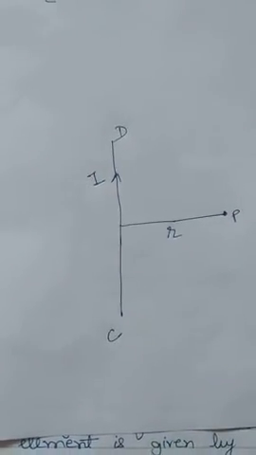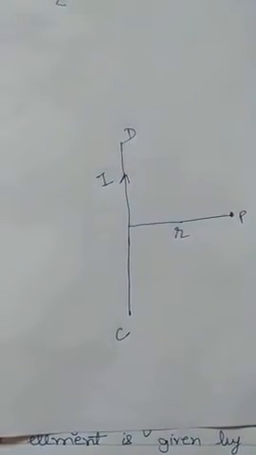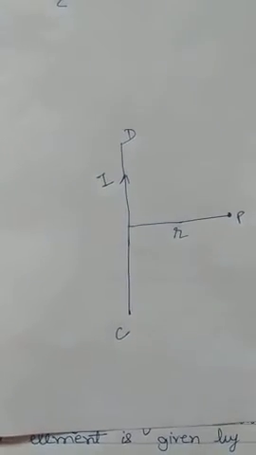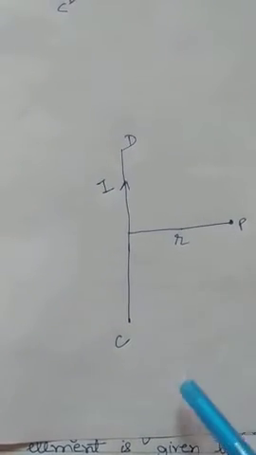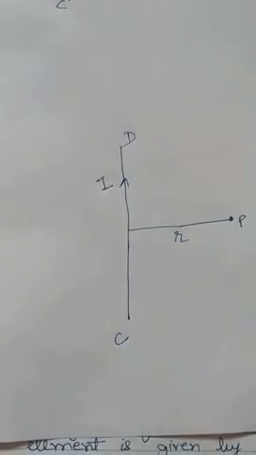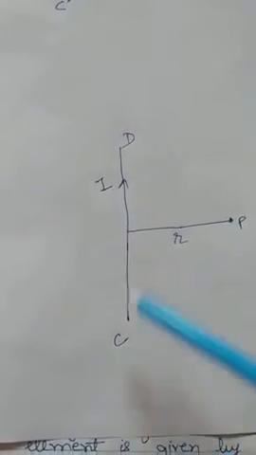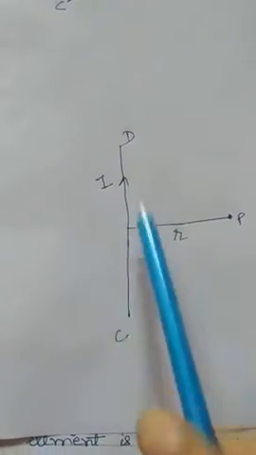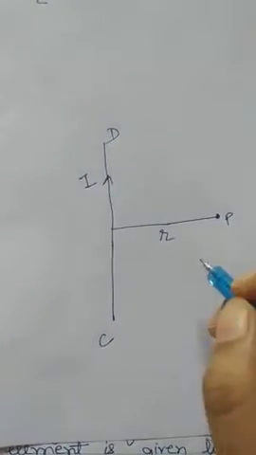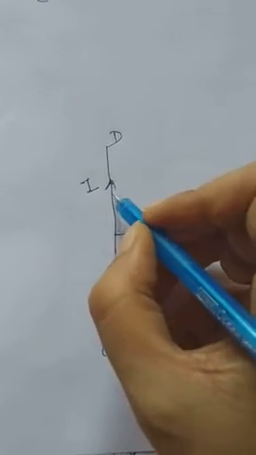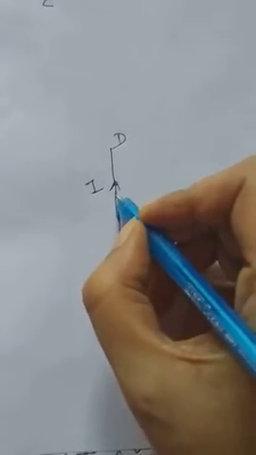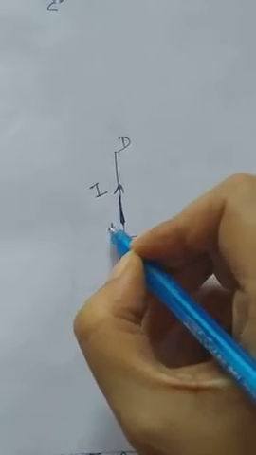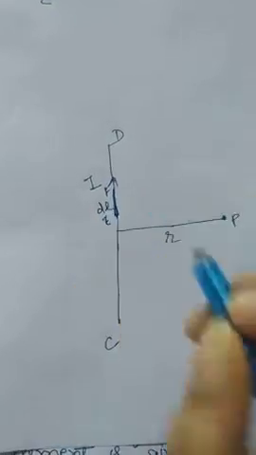See, the direction of the current is very important. Whenever you draw this figure, it is important that you show the direction. This arrow will represent the direction of the current. Clear? So here the direction of current is from C to D. Now we'll take a current element of this conductor. I hope now you know what a current element is. So we'll take a current element of this conductor, which is EF of length dl.